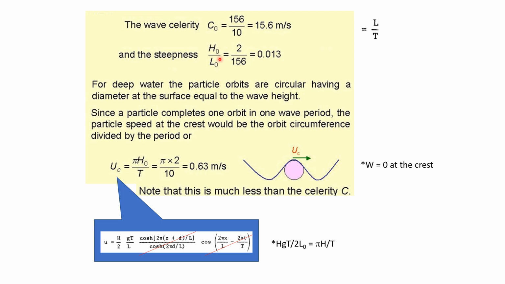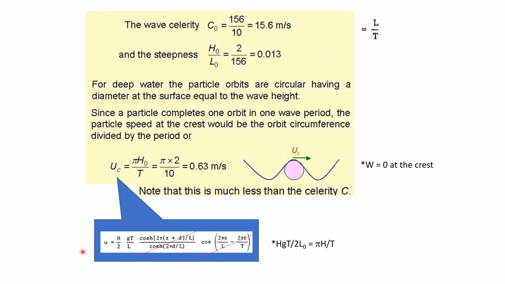Next, the question asks for the water particle velocity at the crest. Now we recall that this is deep water, and the general expression for water particle velocity u is equal to this, whereas w must be equal to 0 at the crest. So we do not need to solve this component. So now let's look at this expression. Since we are solving for the water particle velocity at the crest, this hyperbolic term